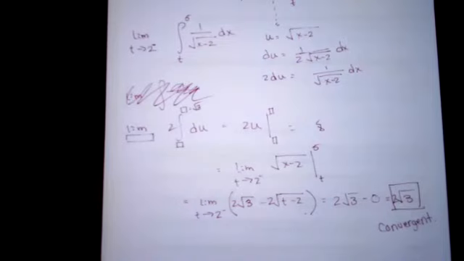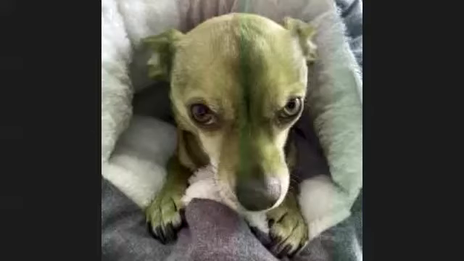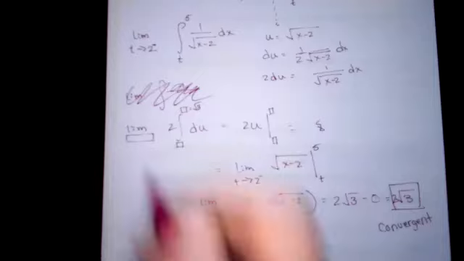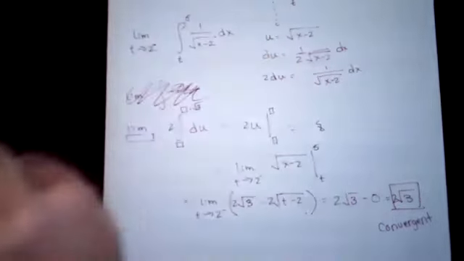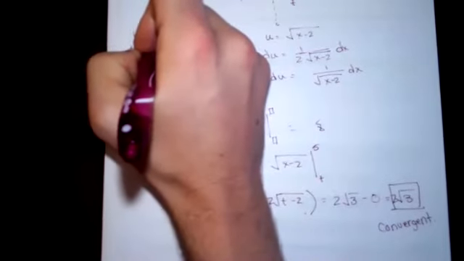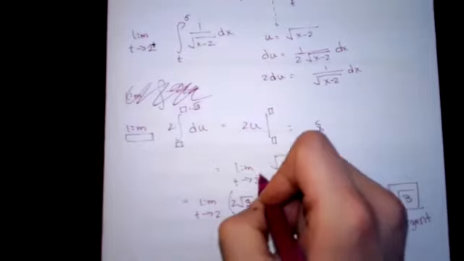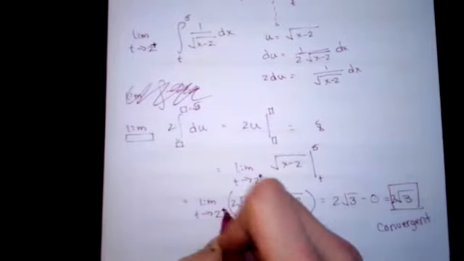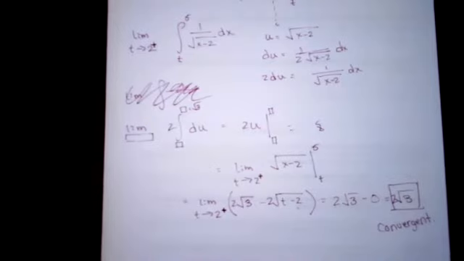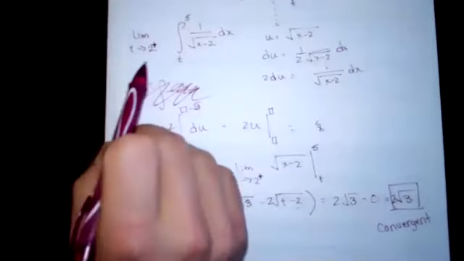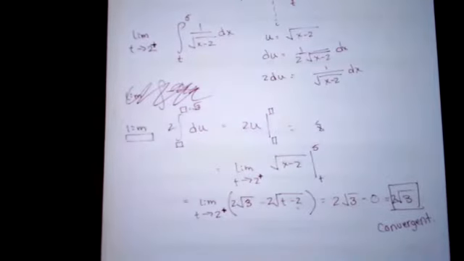Or am I talking about that wrong? No, that's right. I always thought it was like if it's coming from the right side, you're approaching from the right. No, I think you are right. Okay, sorry. I'm forgetting my Calc 1. I'm like dyslexic this morning. Yeah, 2 from the right, since we're approaching from the right. Yes. Thank you for that. Since we are approaching from the right, we want the plus, because we are at slightly bigger values of 2. Right. Thank you. So approaching 2 from the right. Didn't change any of the math, though. One of those technical notation things. Sorry, brain flub there for me.